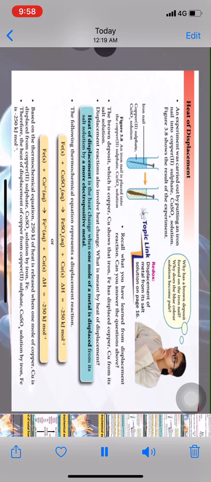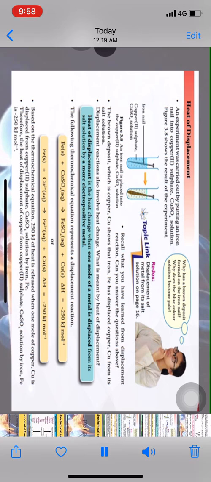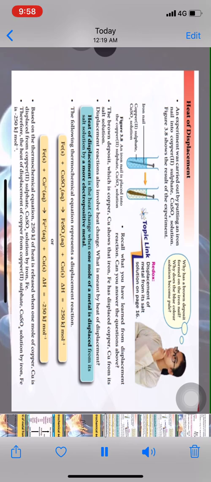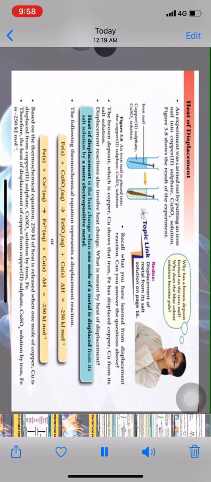Why has a brown deposit formed on the iron nail? Why does the blue solution become pale? The brown deposit, which is copper, Cu, shows that iron, Fe, has displaced copper